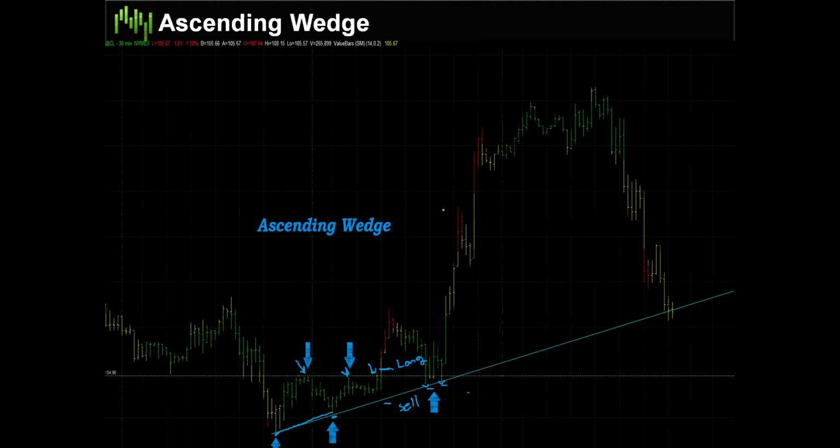All right, moving on. Looking at your ascending wedge. Again, you're going to have a trend line which is drawn off of significant turning points. You're going to have resistance where the market's bumped it and fell off the exact same price a couple times. You're looking for the breakout above or below, either direction.